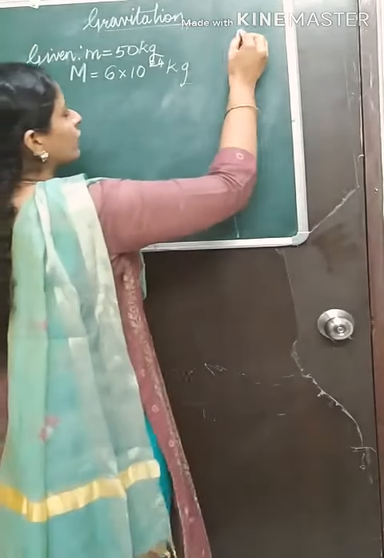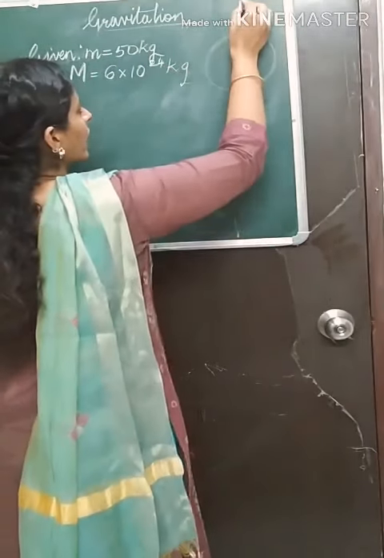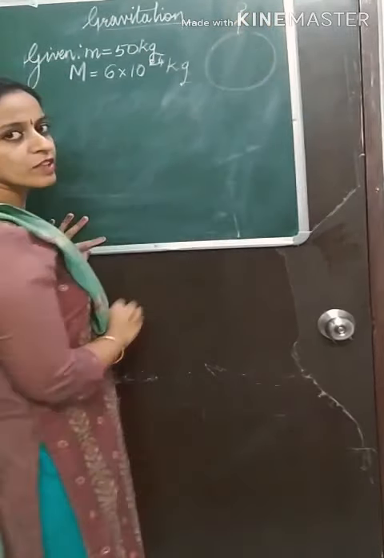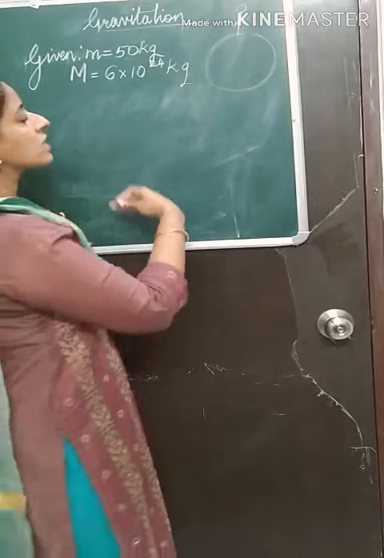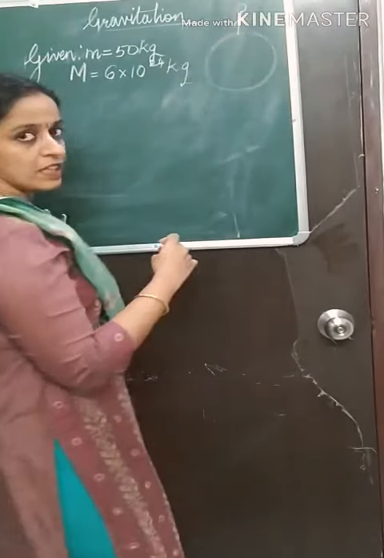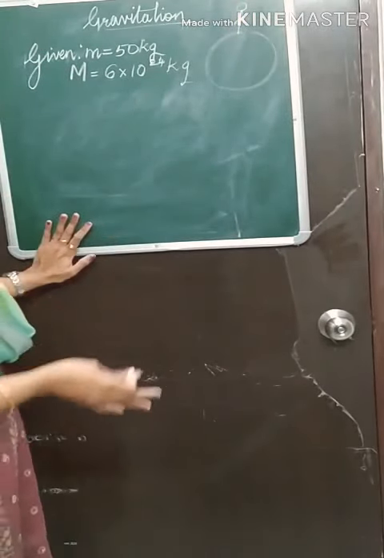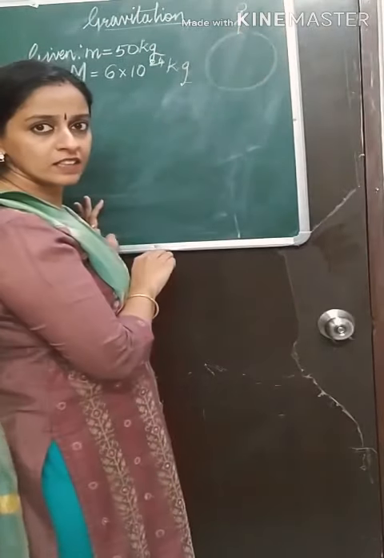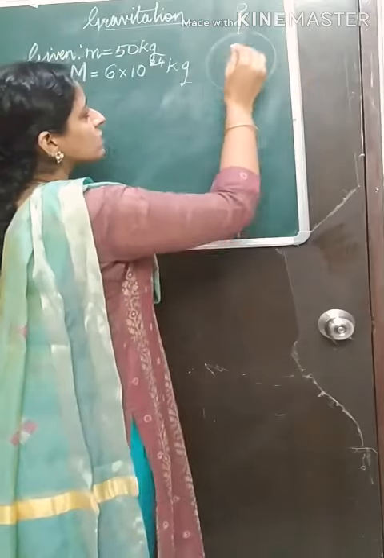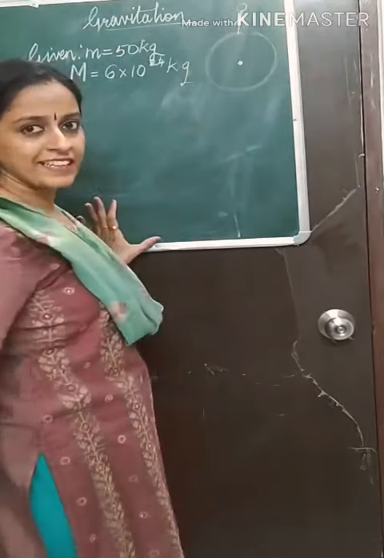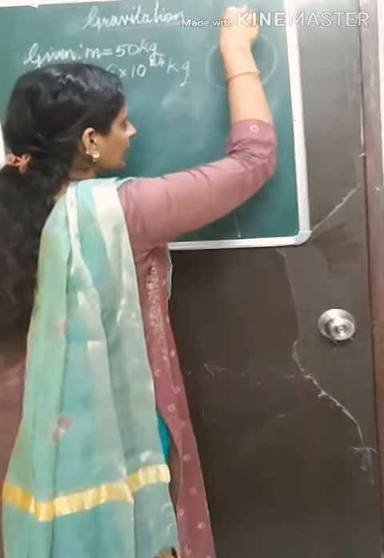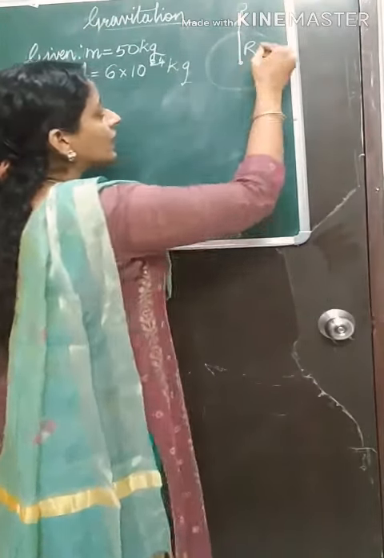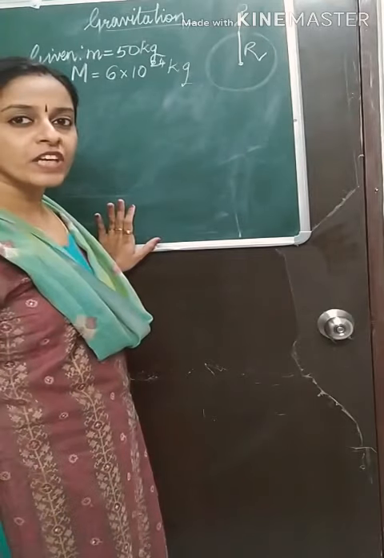Now suppose this is the earth, and we are calculating the force on a person. We all know we are on the surface of the earth. So how much force is exerted by the earth on the person, or on each other, we are going to calculate. We want the distance between the person and the earth. Earth is spherical in shape, so we will take the center. So what is this distance from the person to the earth? The center of the earth means we are talking about the radius of the earth.